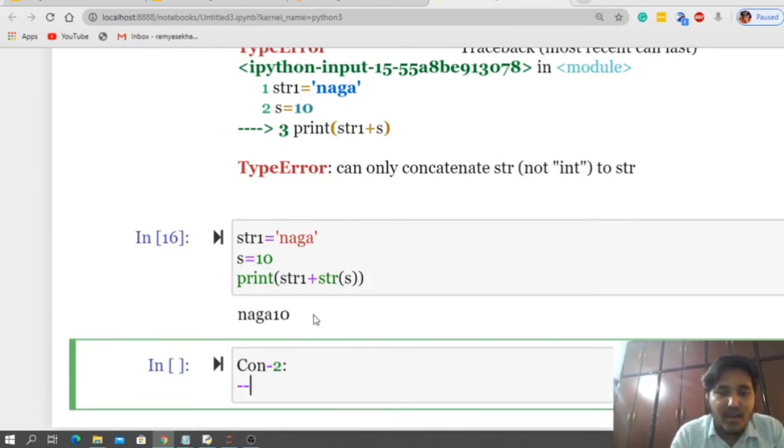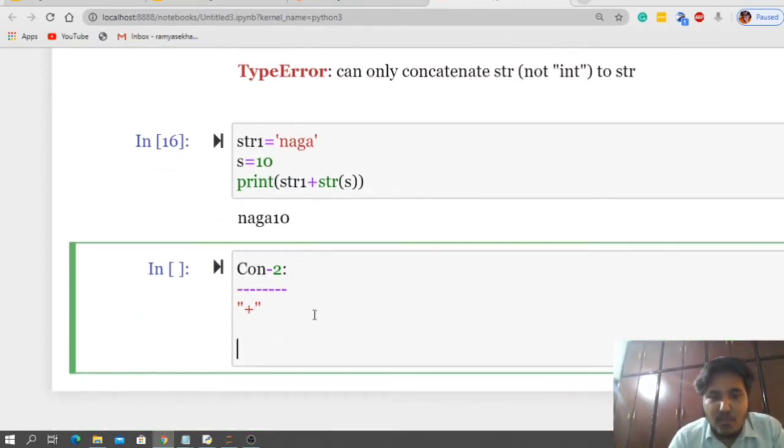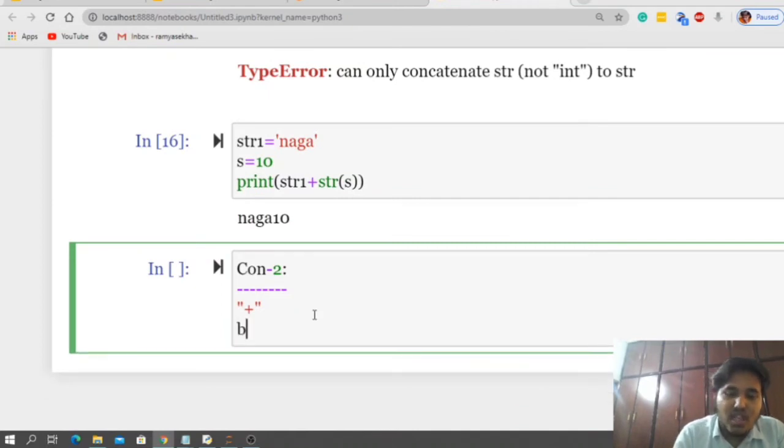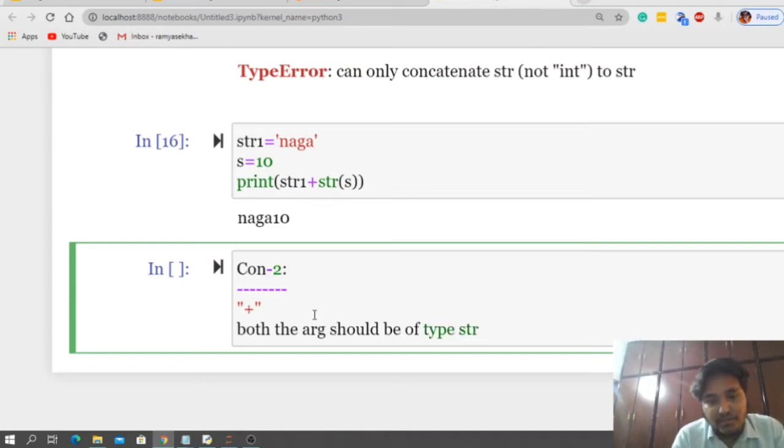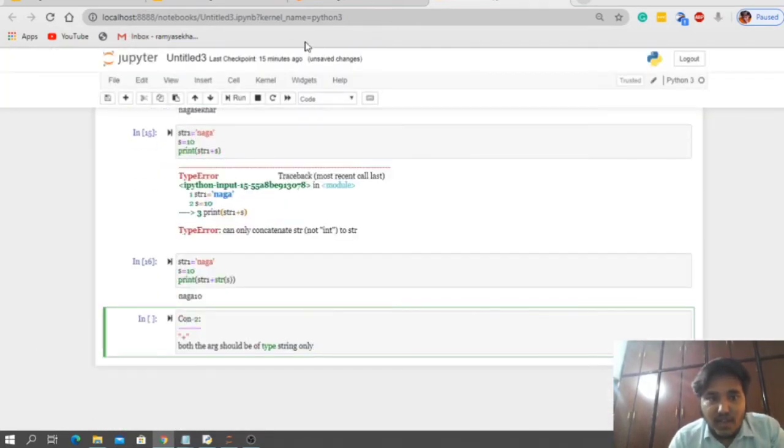If you are doing the plus operation, that is the concatenation operation, then both the arguments should be of type string only. Is this clear? This is the second conclusion, whatever we are getting.